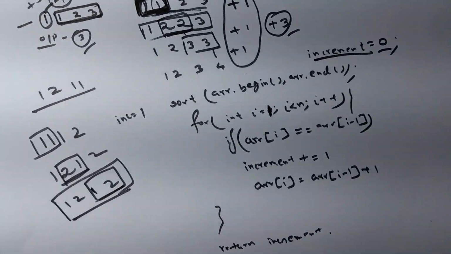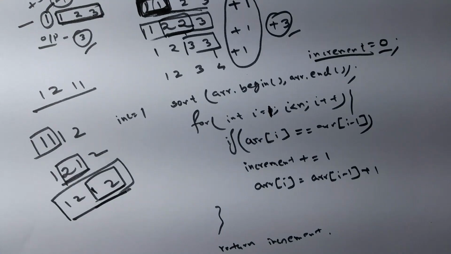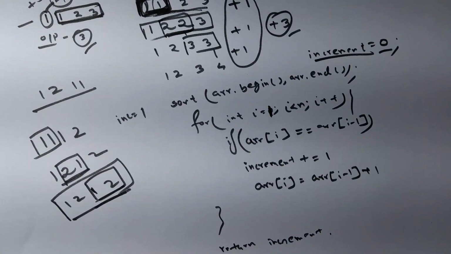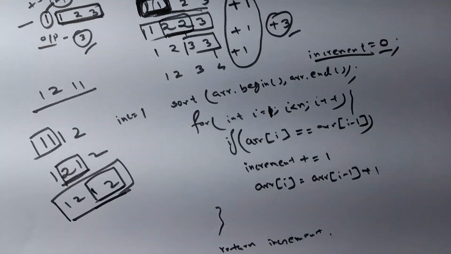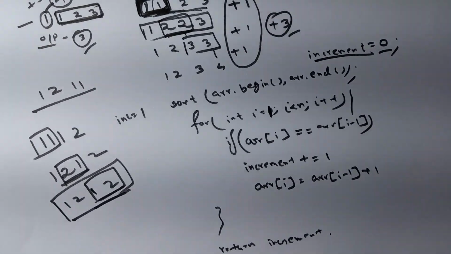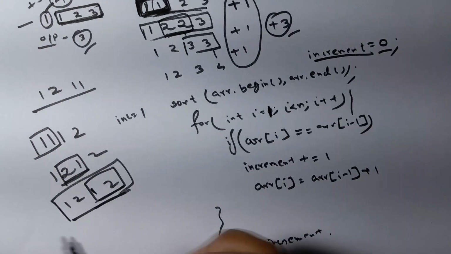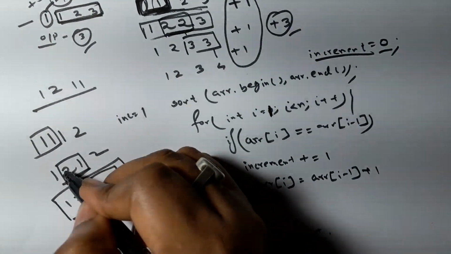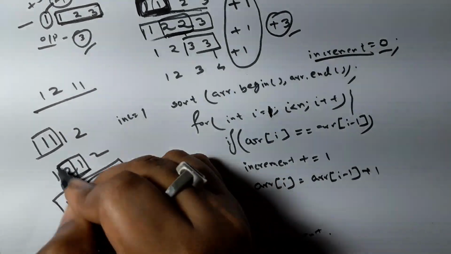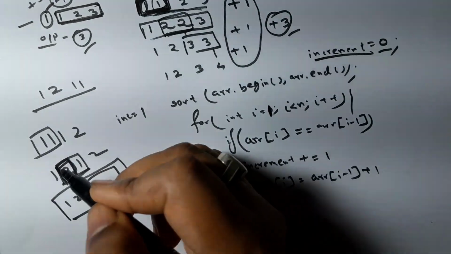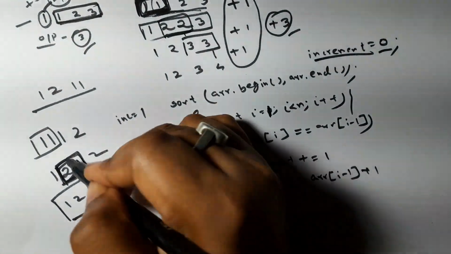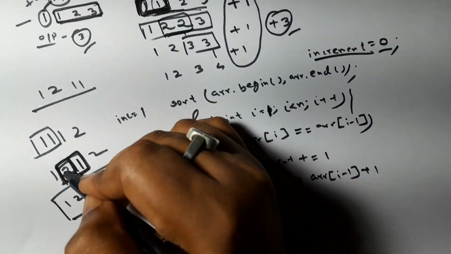But notice here, does this array have all unique elements? No, this array does not consist of all unique elements. So what we have to check? Now notice, if I am incrementing here, and after this increment,